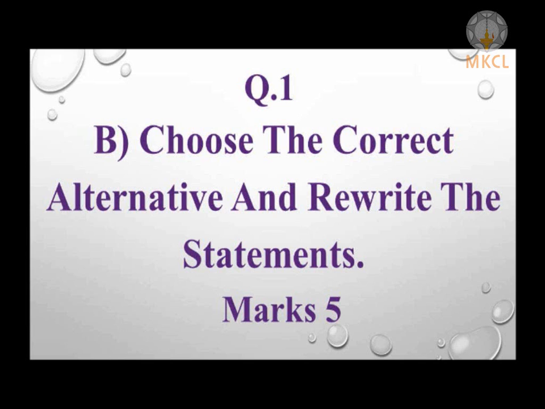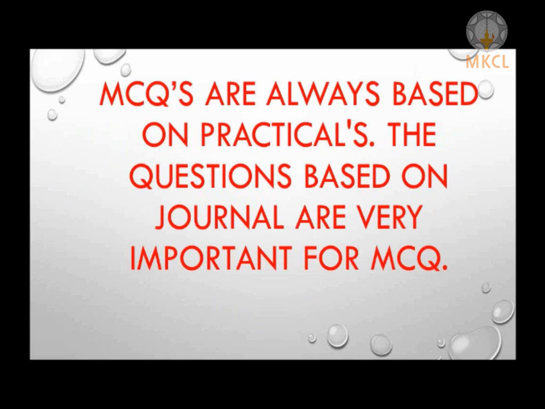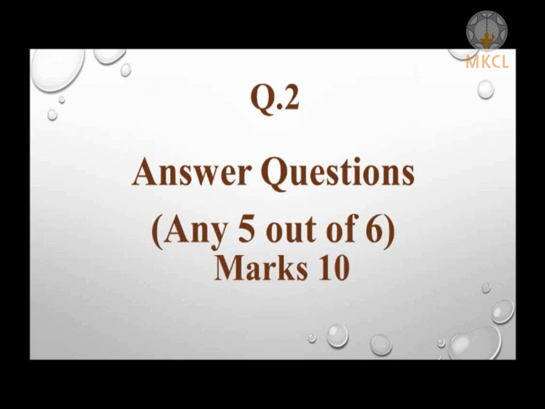Whatever you are going through in the practicals, try to remember them. Study units, then laws, then types of reproduction from section B, reactivity series from chapter 8 section B, properties of acetic acid from chapter number 9, etc. In a nutshell, you have to thoroughly prepare the journal and all the experiment based questions for question 1B. Now moving to question number 2.